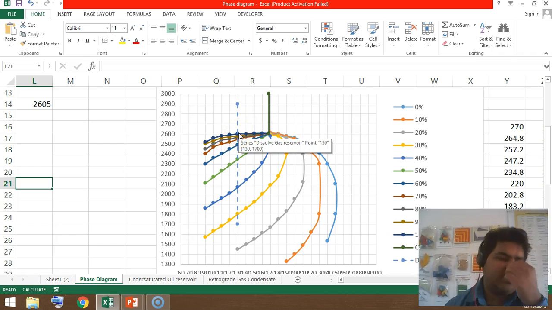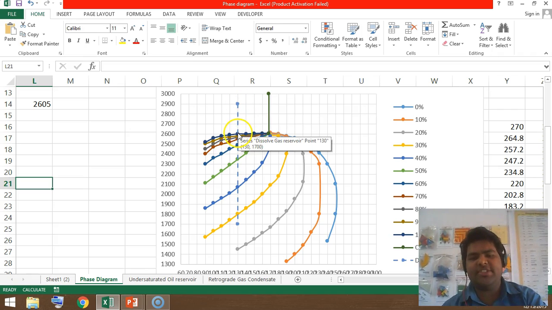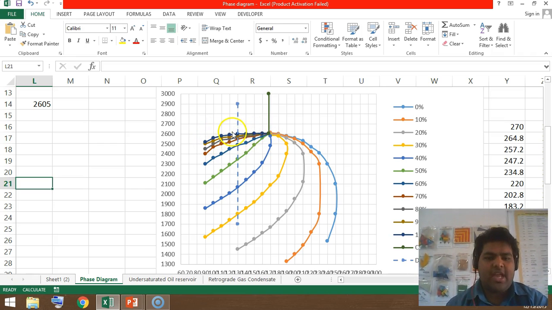So let's call this point C and this point C1. C1 is called the bubble point. C1 lies on the bubble point curve, so that means the liquid and gas phases will coexist. At point C1 the reservoir fluid enters the two phase region. From here onwards gas bubbles will start to appear. As you drop the pressure further, the amount of gas will be increasing in the reservoir. More and more gas will come out, and it will form a free gas phase above the oil phase in the reservoir,